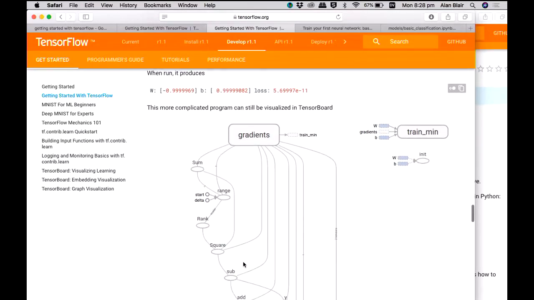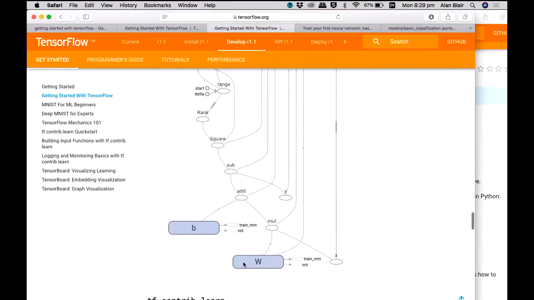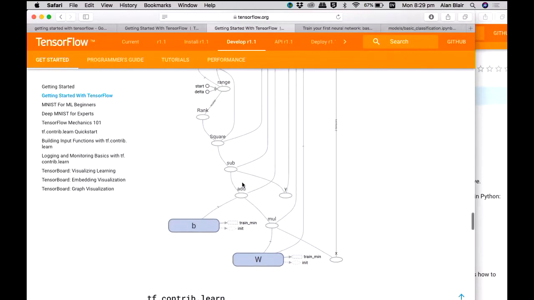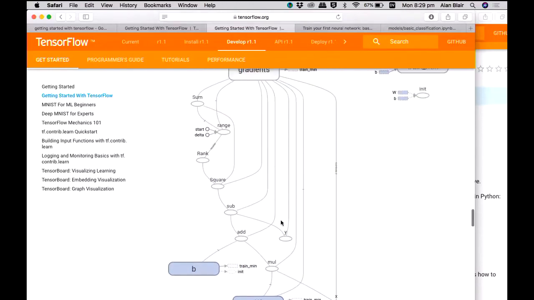Okay, so what actually happens here is it creates a kind of computation graph. W gets multiplied by X. The result gets added to B. So this is implementing the linear model. And then remember, Y is the target value. So Y is subtracted from the output of the linear model.